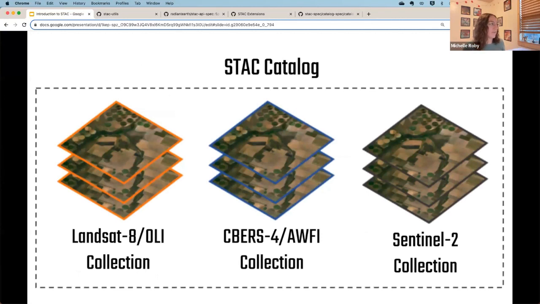So this graphic is an example of the two components that we've discussed so far about STAC. The STAC catalog would be all of the data within the dotted lines. And so that STAC catalog would contain all of this data. Whereas instead of just having it all in there and you have to search it all to find what you're looking for, we could have sub-catalogs, which are called collections,